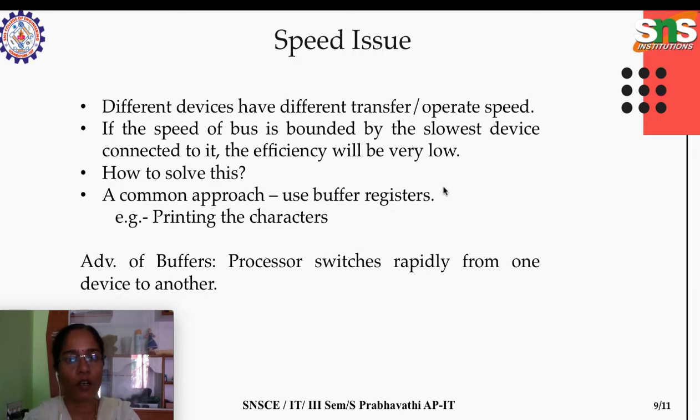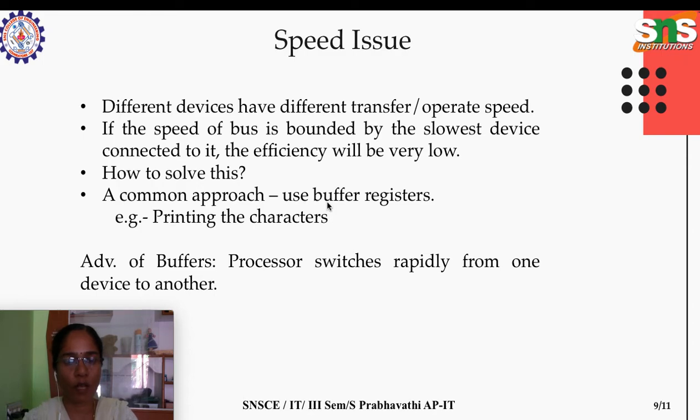For example, to print some document, the memory has to issue the content to the printer. Printer is a slow device. So the common approach to cope with the speed is that inside the printer there are some registers, a temporary storage mechanism, buffers. Buffers will help to store that document in the printer, and the printer will take the document from the buffer and start printing it.